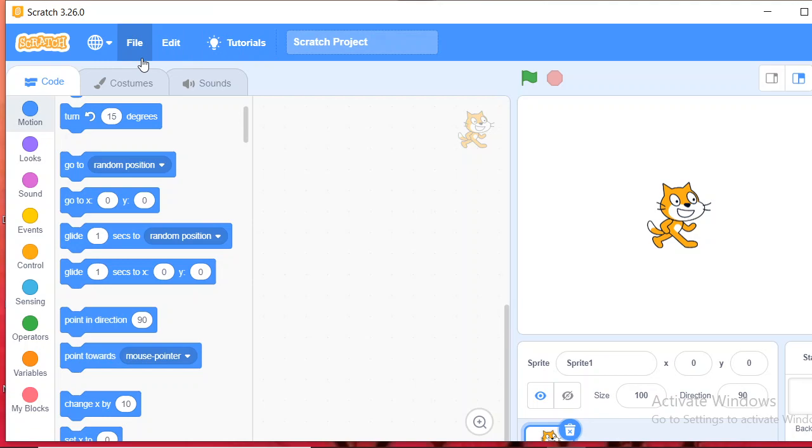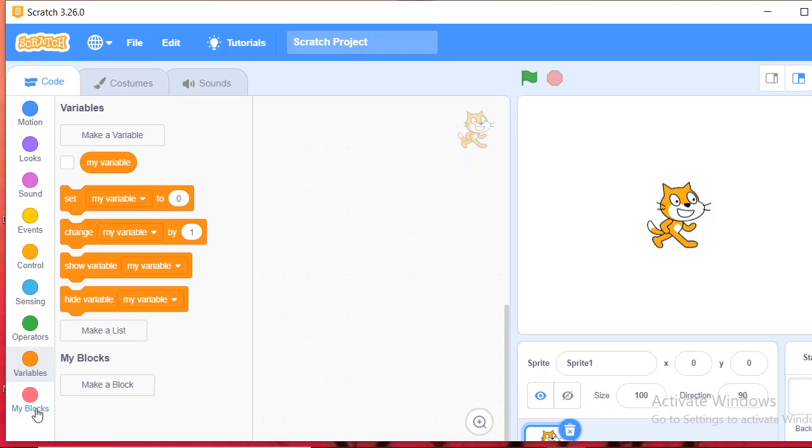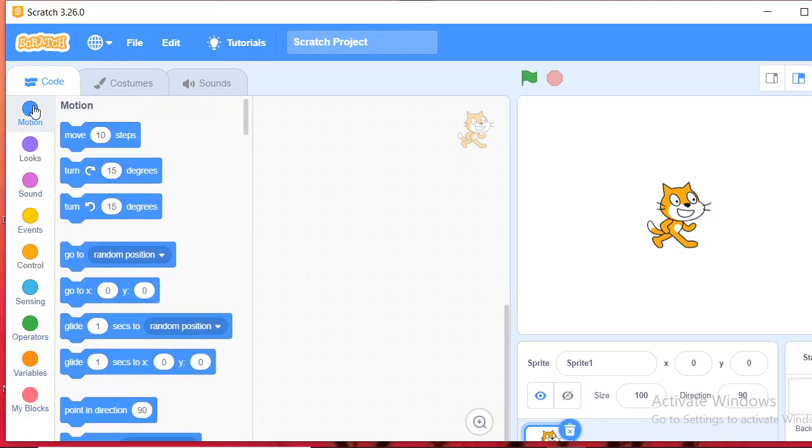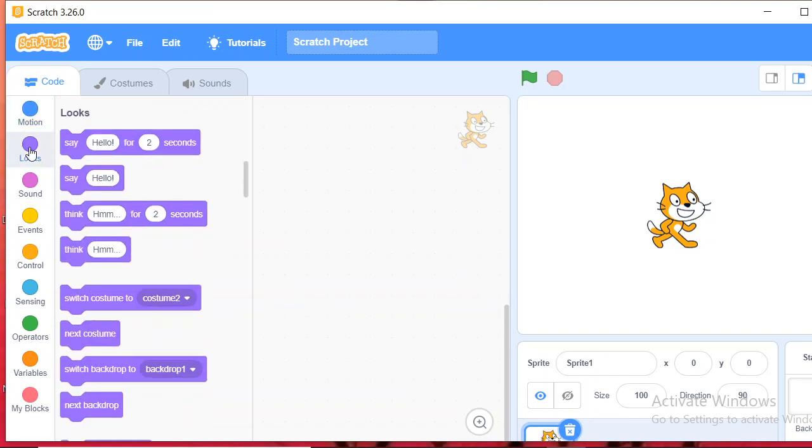Below that menu bar we can see block palettes. Which are the different blocks? We can see motion, looks, sound, events, control, sensing, operators, variables, and my blocks. When we click on each block, we will get different options under each block.